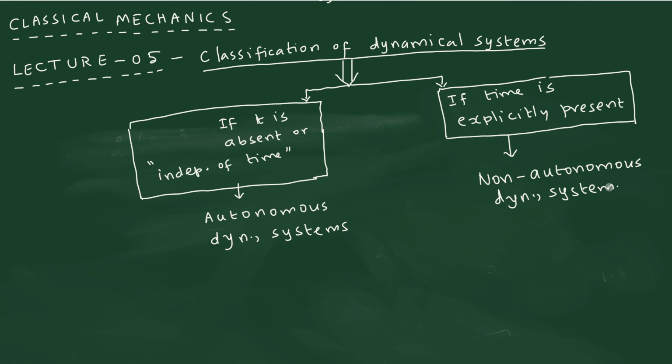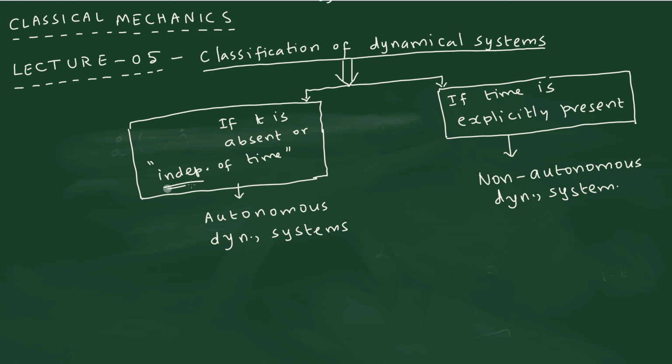If the time is absent in the equation, the technique that you are going to follow to get the solution is different. You are not going to apply the same methodology when t is present and when t is absent. Because of that reason, we separate them. When t is present, the equations are going to be complicated, and the solution methodology may be more complicated, and so on. Whereas when t is explicitly not visible,